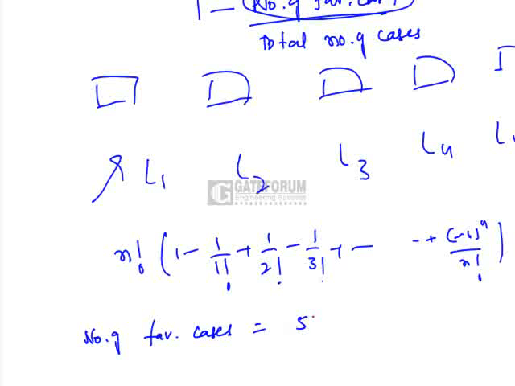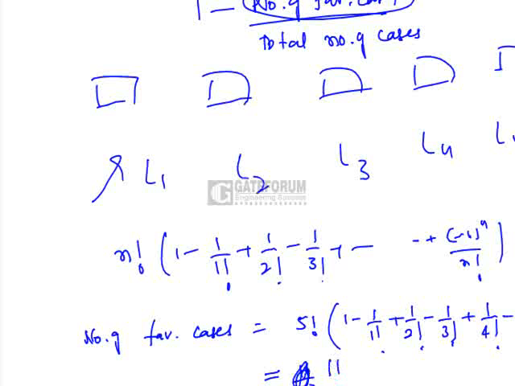is nothing but 5 factorial into 1 minus 1 by 1 factorial plus 1 by 2 factorial minus 1 by 3 factorial plus 1 by 4 factorial minus 1 by 5 factorial. If I simplify, this value will be nothing but 11 by 30. Now it will be 11. Now the required probability is nothing but